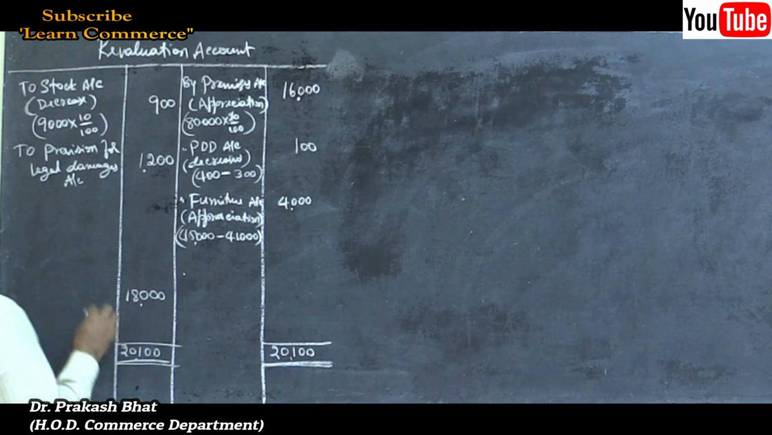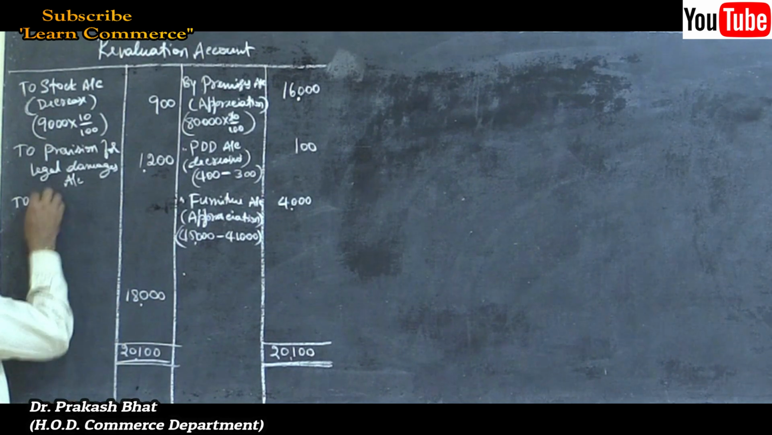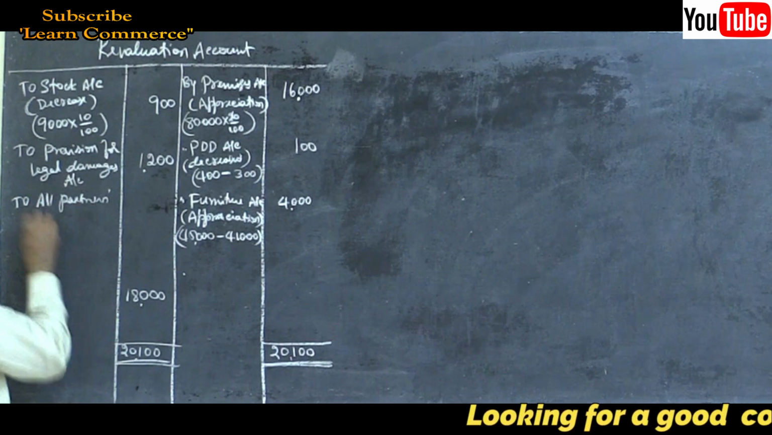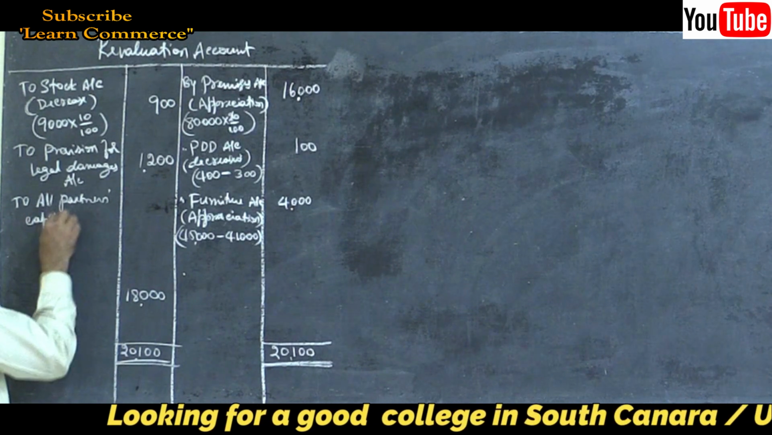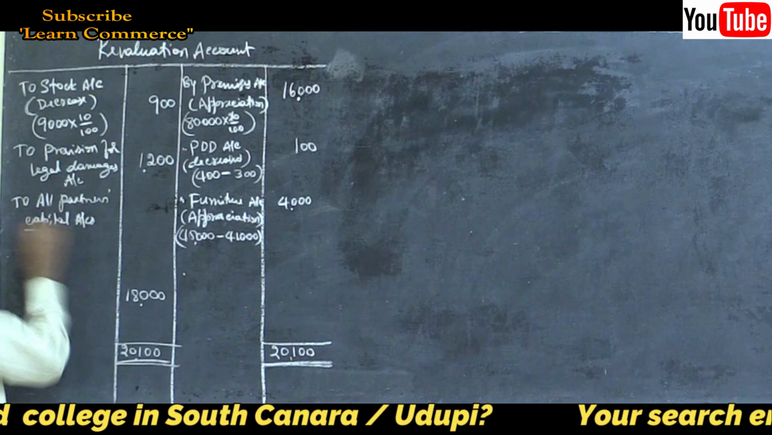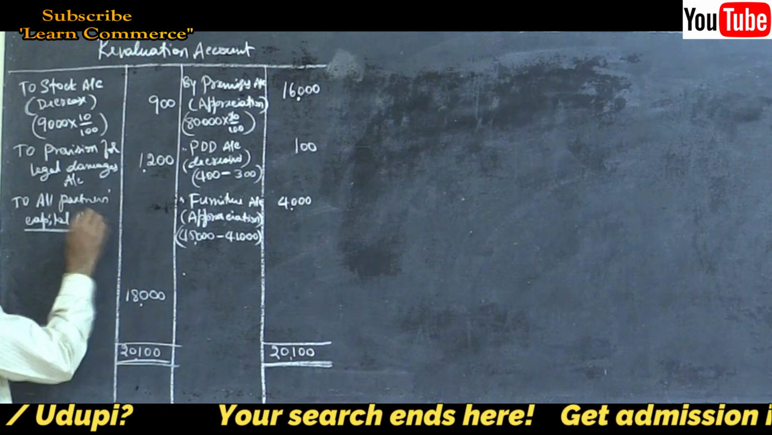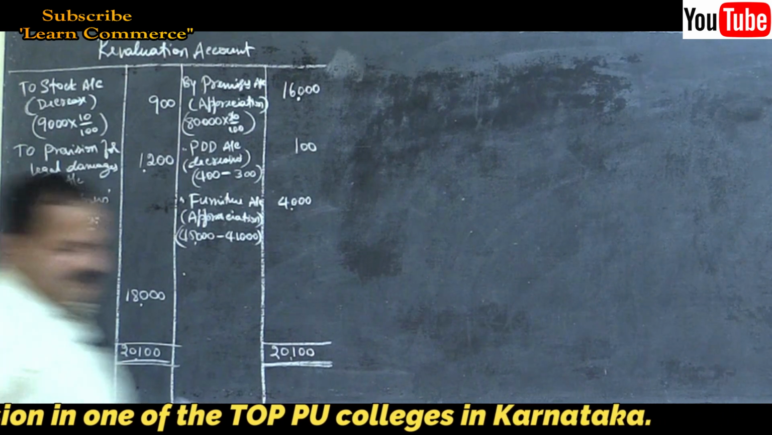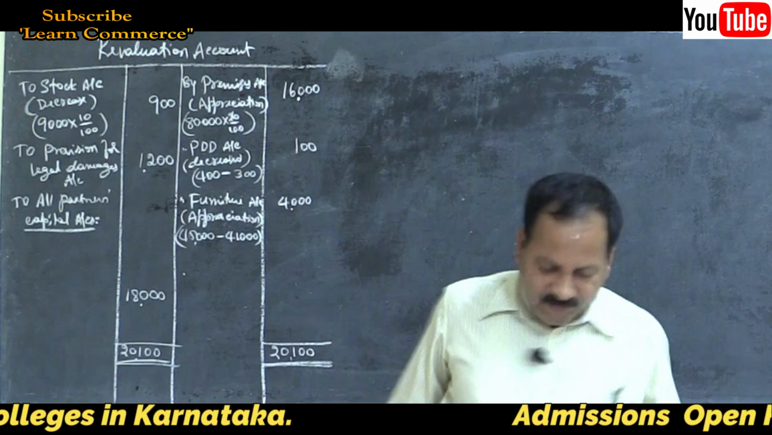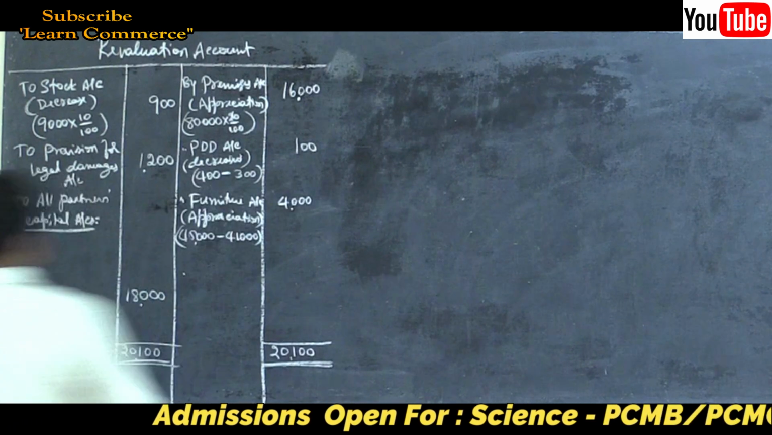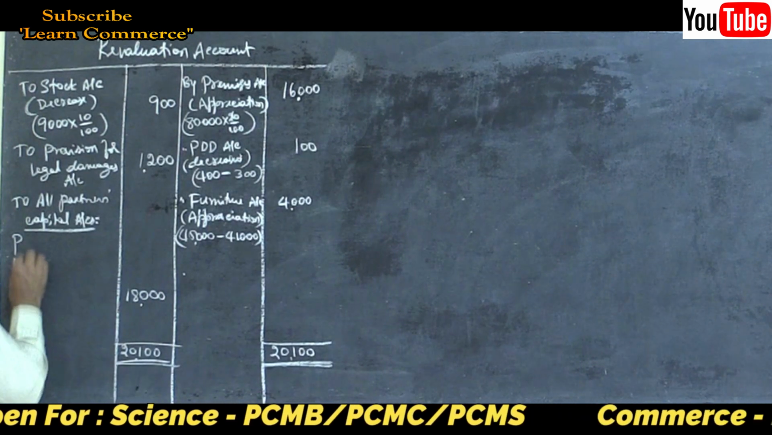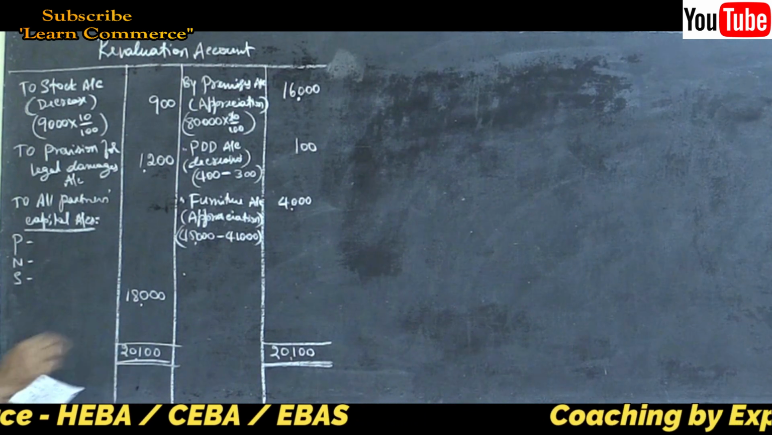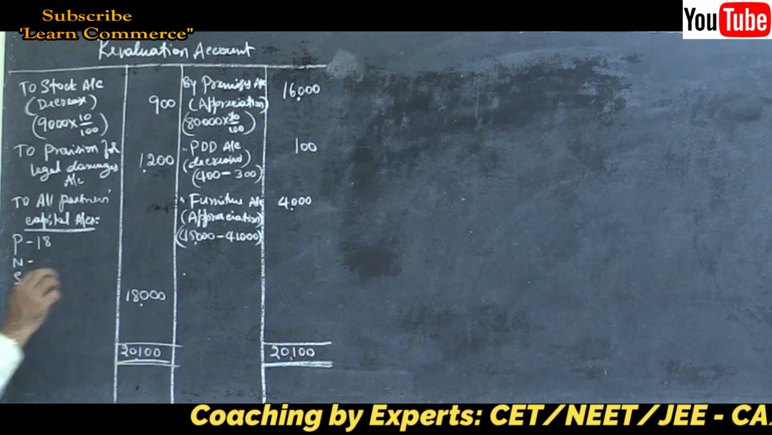18,000 is the difference. So to all partners capital accounts. Under that, what are the three partners? Pankaj, Naresh and Saurabh, right? Yes, 18,000 into